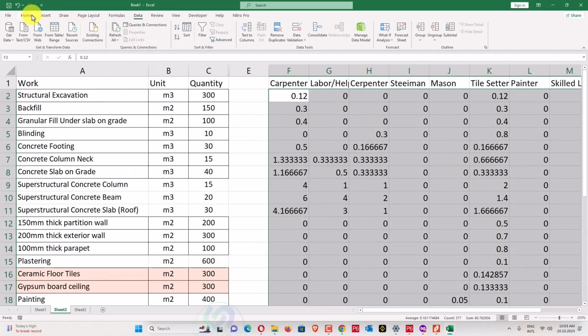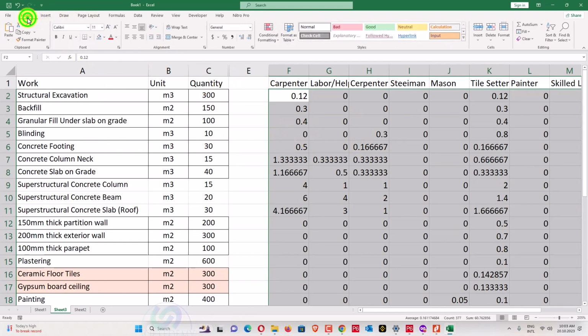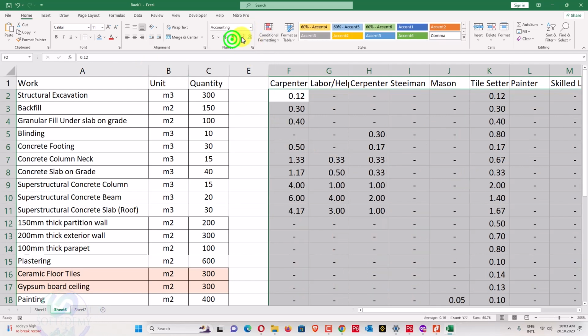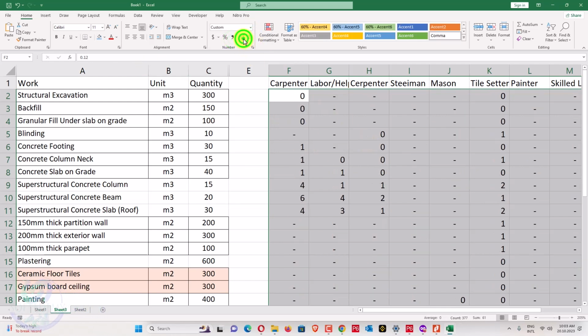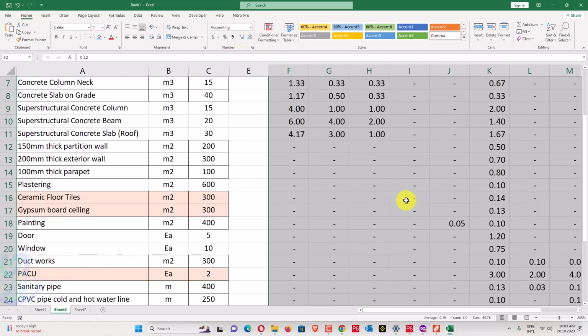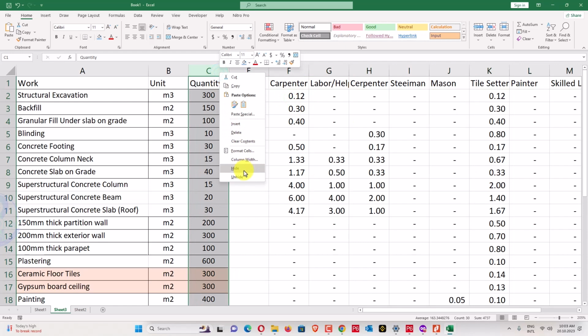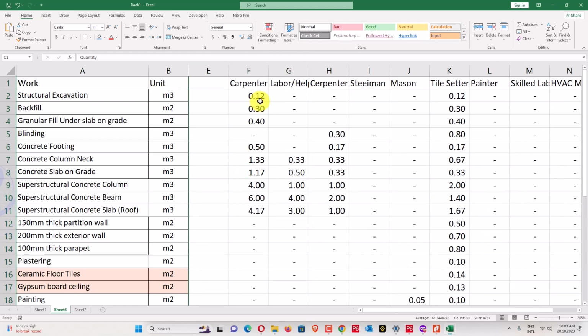You can see here, you can calculate. I have given the complete productivity rates video in the description of the video. You can follow that video also. We'll go for the numbers and this one. So this one is all my productivity. For example, this carpenter is required per cubic meter, quantity per hour. So 0.12 carpenter I required for 1 cubic meter excavation.